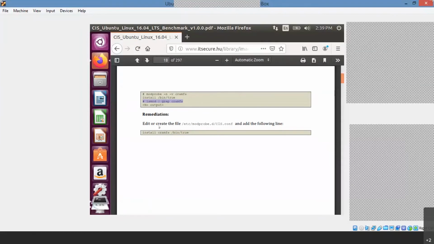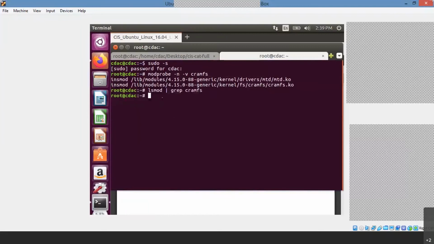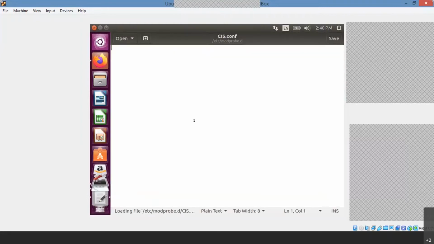For the recommendation part, you have to go to etc modprobe.d CI conf, right? So go to these things, and go to the terminal, gedit space slash, paste. So here this is a configuration file with respect to modprobe.d.